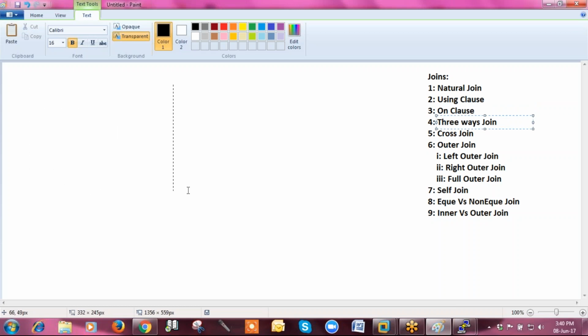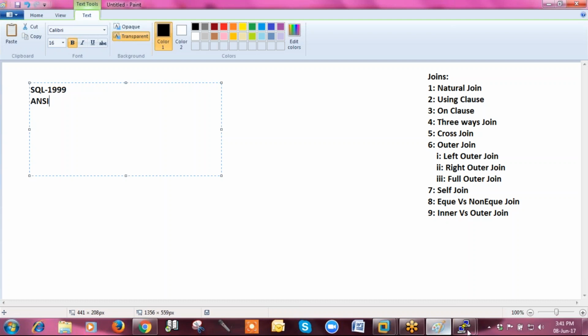Whatever syntax you are using, that is the SQL 1999 standard, right? Previously the same syntax was written, and at present you can also write in that particular syntax, that is called the ANSI standard.